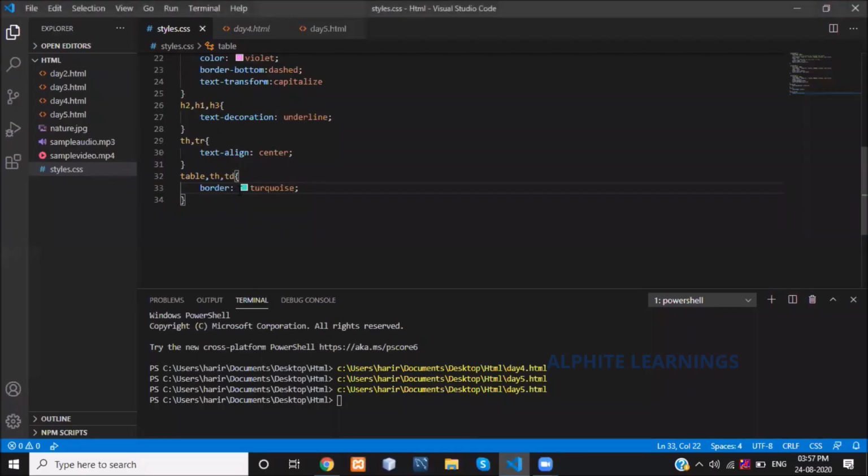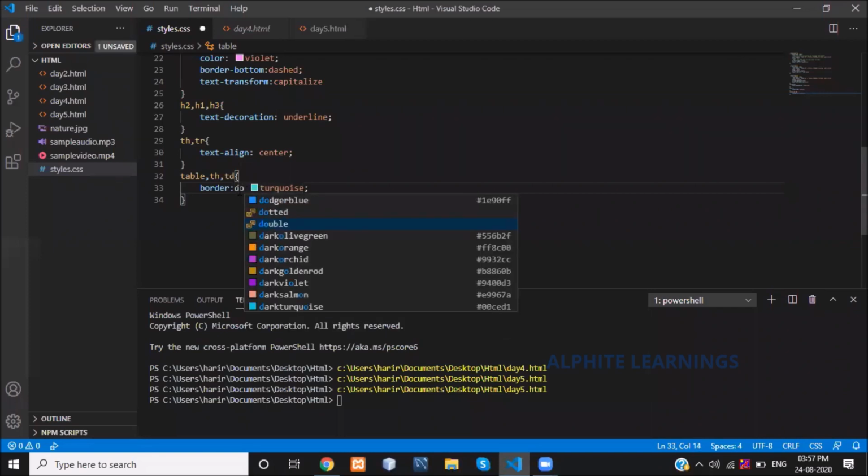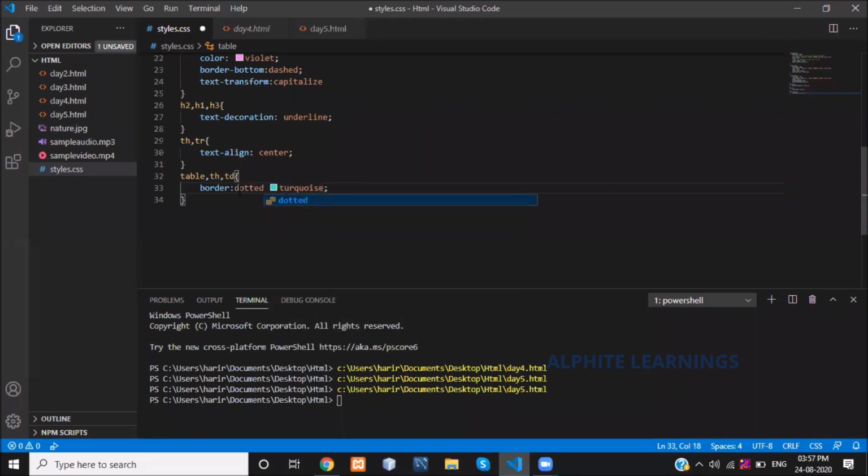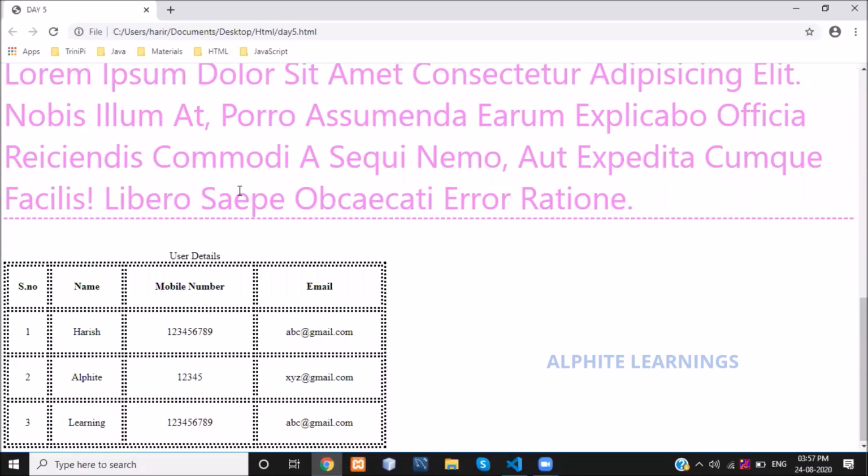What we have to specify here is what type of border you want. I need dotted. The color you can give after that. Let's see. Super bright, it gives you a dotted border for your table.